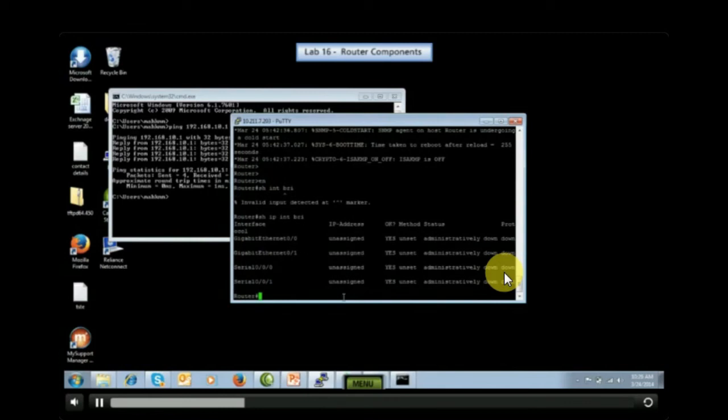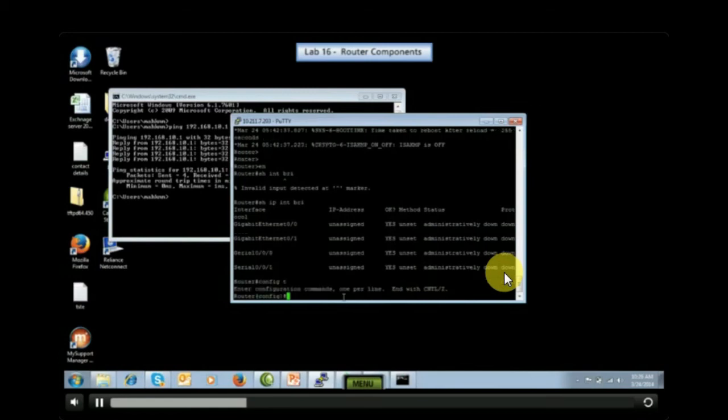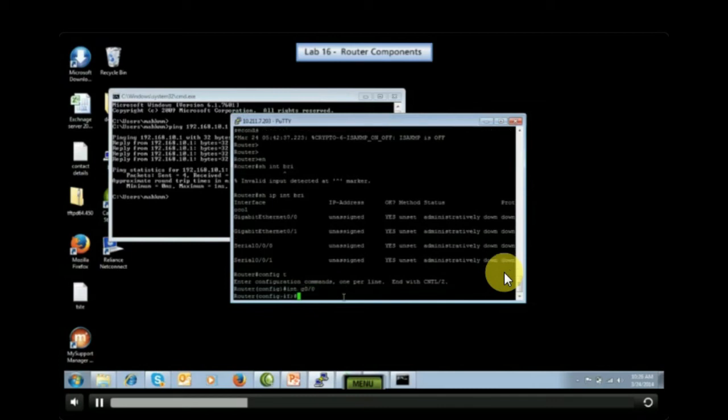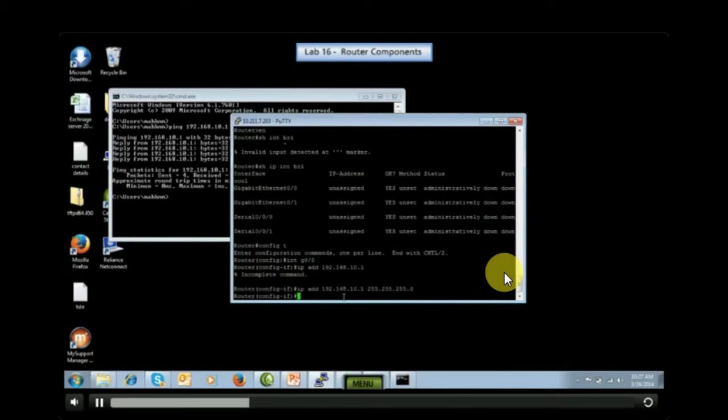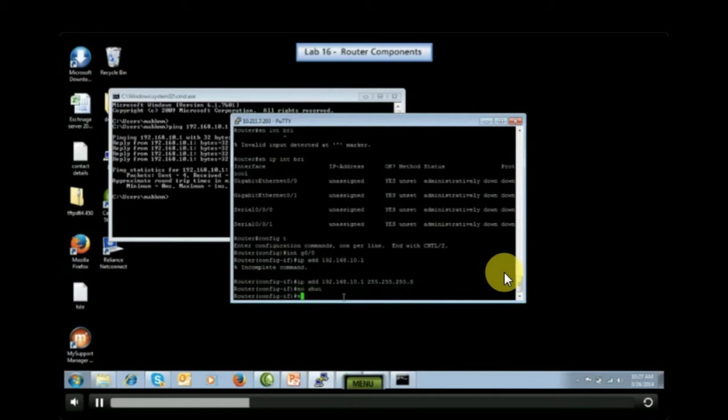Now I need to connect to the TFTP server. For that, I need to assign a specific address to one of the GigabitEthernet interfaces, and we will try to copy, so that we establish connectivity between the router and the TFTP server. Config t, interface g0/0, ip address 192.168.10.1, with the subnet mask, no shut, exit.